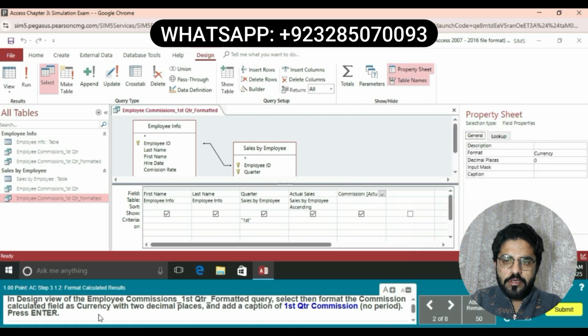property sheet, then decimal, right decimal place, 2 decimal places, and add a caption of first quarter commission. In the caption section you will have to write a caption first quarter commission,